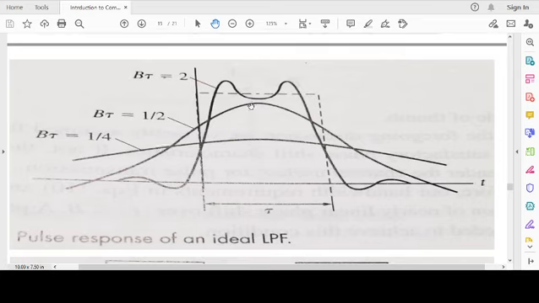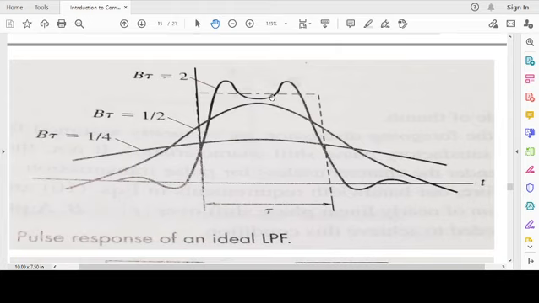So Bτ is half, which is one criterion we said for the pulse to be detected. When Bτ is 2, you see the pulse has a very nice shape, that means the bandwidth is 2 by τ, much larger than the minimum required. The pulse is very well shaped. I can see the rise time and the mean amplitude level, everything is fine. When Bτ is 1, which means the bandwidth is 1 over τ, we want to see again how it looks. It should lie like this, and it will actually just touch this line.